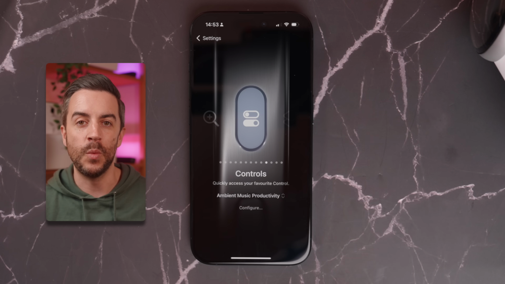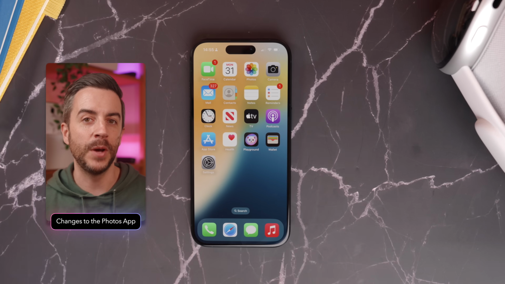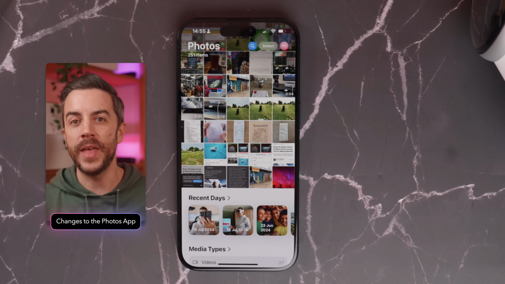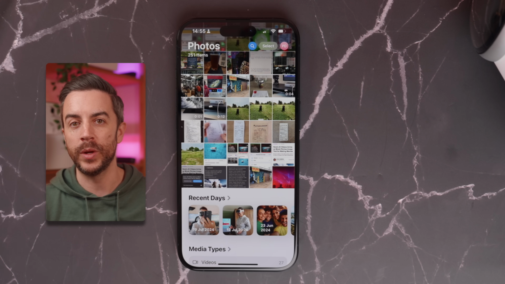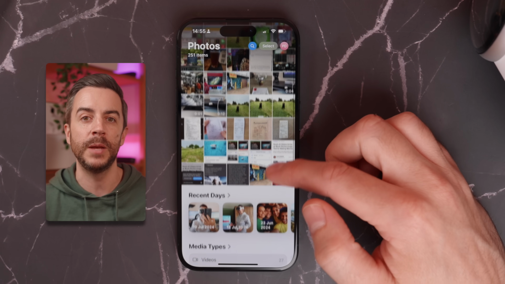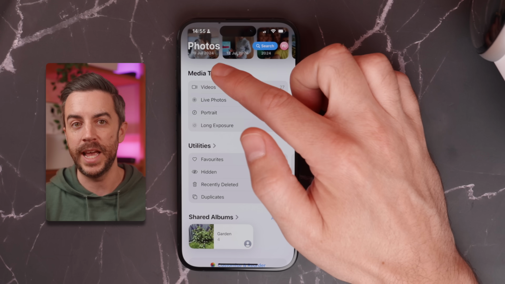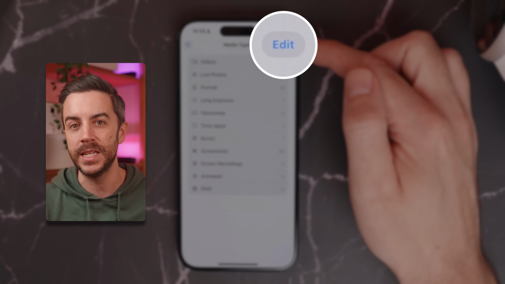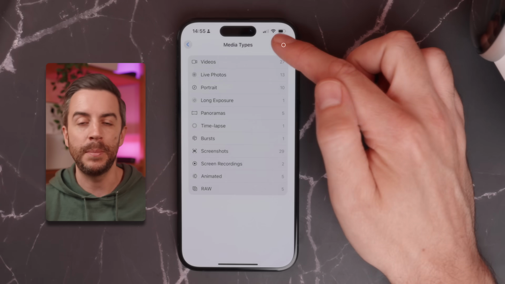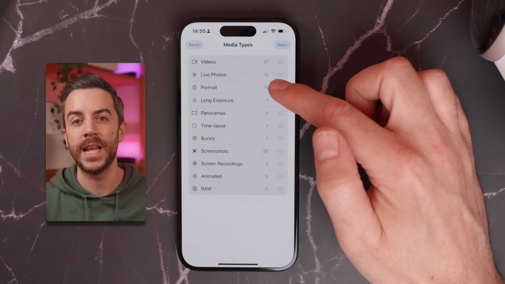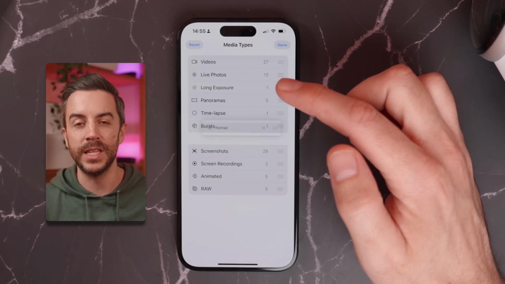concentrate, or just unwind. If we head into the Photos app, there are a few new features that help make the experience a little bit more streamlined. Starting with the media types and utility sections, which are 2 of the parts of the Photos app that I actually really like. If you tap into one of these sections now, you'll notice an edit button in the top right corner. Tapping on this allows you to reorder the different categories within that section using the drag handles on